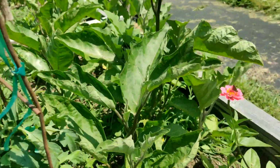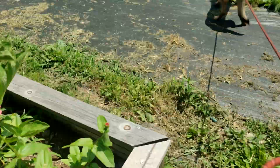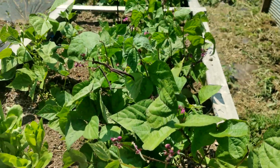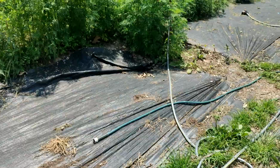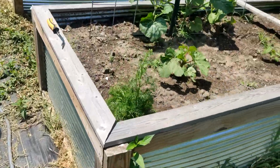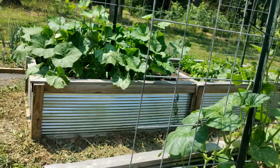My eggplants are like massive. It's kind of great. I need to weed this bed. It's bad. And then I have some beans coming on. A bean plant that's hanging all the way out. This bean bed. And then if we come over this direction, there's a weed that we need to pull. Oh, great. I got some chamomile and some basil and my tromboncino squash and cucumbers, and that squash bed is